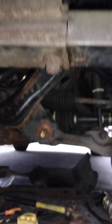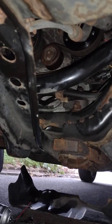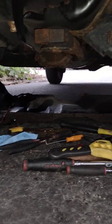So I'm just going to go underneath and show you a run-through of what the deal is with this stuff. It's terrible. Absolutely terrible. But getting it from the bottom is actually great. You really don't even need a creeper, I used one, but you don't even have to jack the car up. Just pull the lower panel, that shield, down,